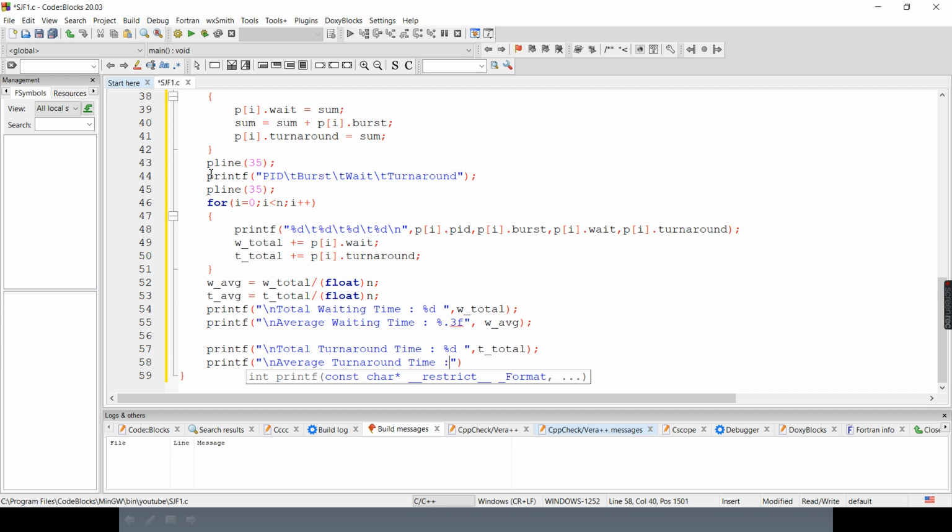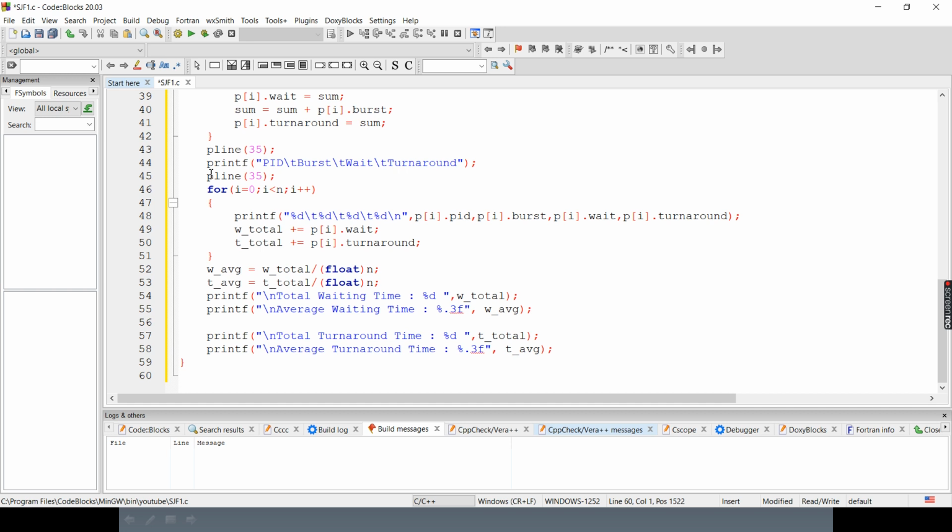It is also a float, so we have to use %f. Here also I am using 3.3f because I just want to print 3 values after the decimal. It is stored in T underscore avg. So here we have completed our void function.